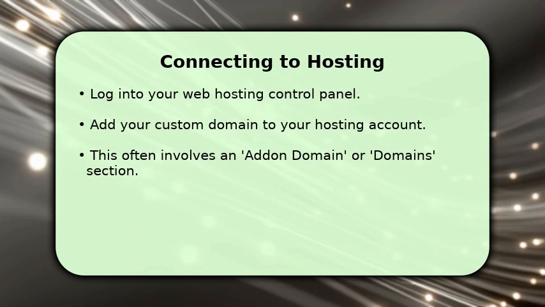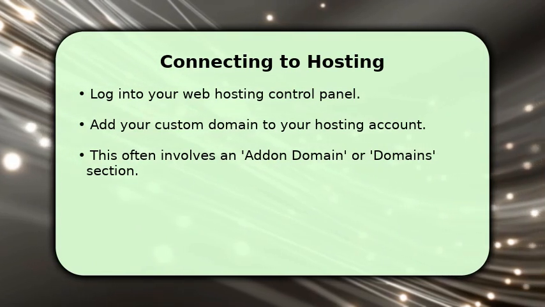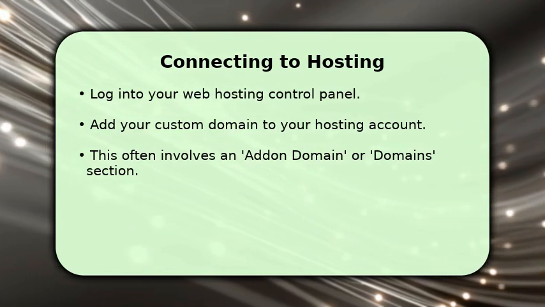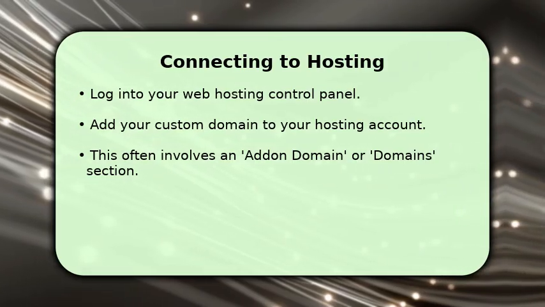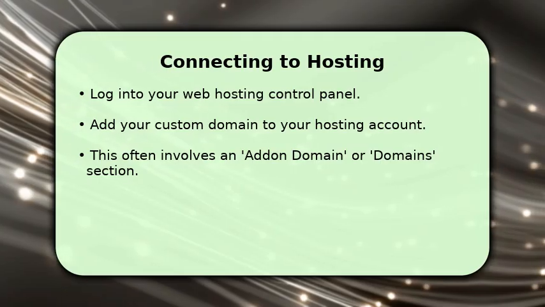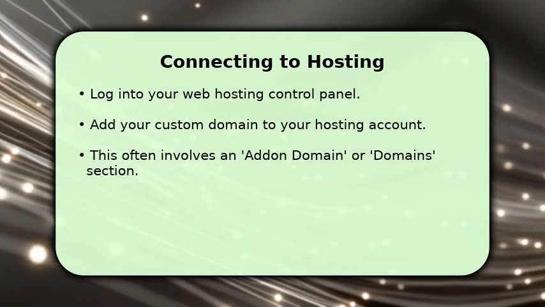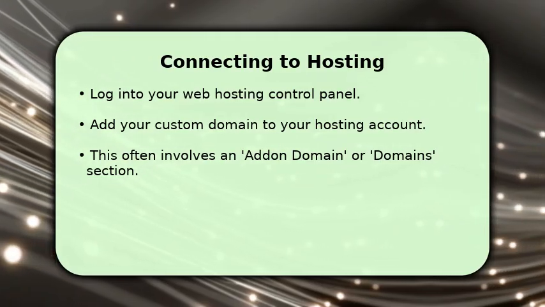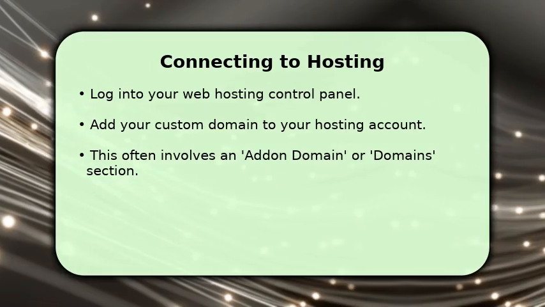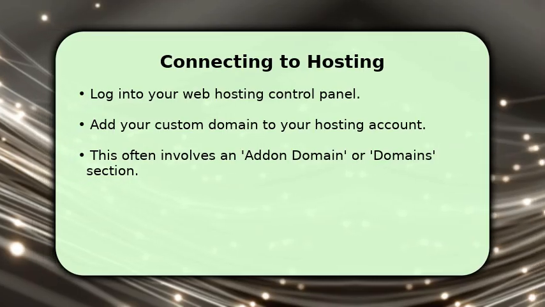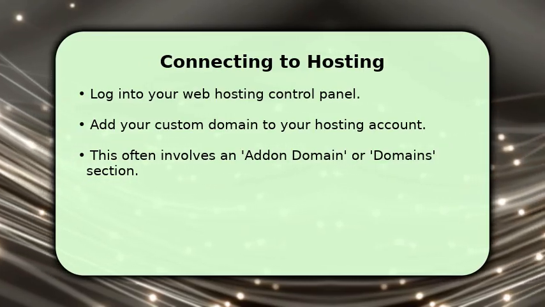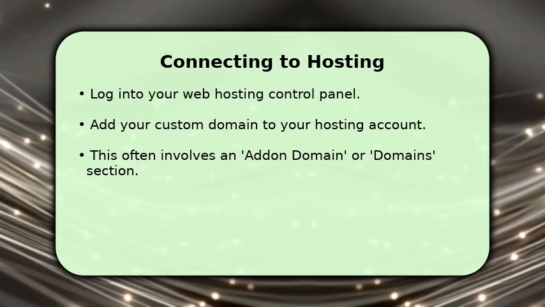Creating a polished. Once your DNS records are updated, the next step is to connect your domain to your hosting provider. Access your hosting control panel, like cPanel or Plesk. Navigate to the Domains or Add-on Domains section and add your newly configured custom domain. This tells your hosting server to recognize and serve content for your domain. Remember, it can take up to 48 hours for these DNS changes to fully propagate across the internet, so patience